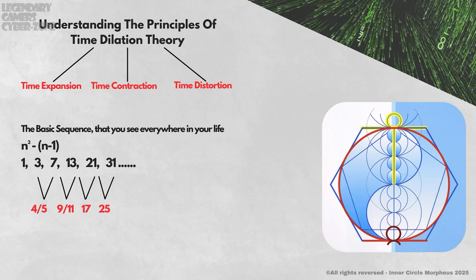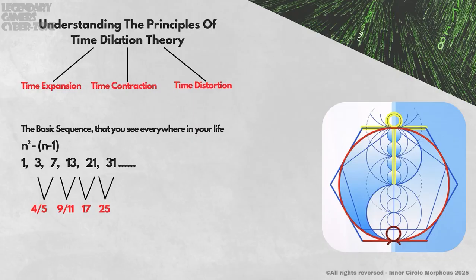Here's the most basic sequence you can face in every aspect of your life. It's n power 2, n minus 1, where we get 1, 3, 7, 13, 21, 31, and so on. These numbers also represent the breakthrough moments in your life, in terms of your age. Some of the constituents of this sequence are quite close to Fibonacci numbers, yet I kindly remind you that the